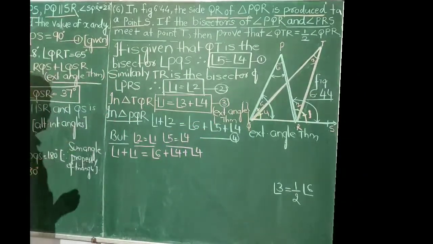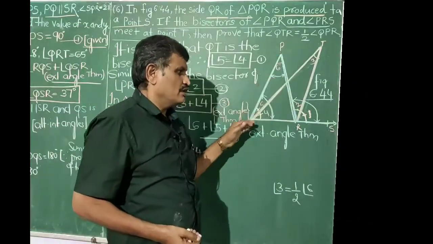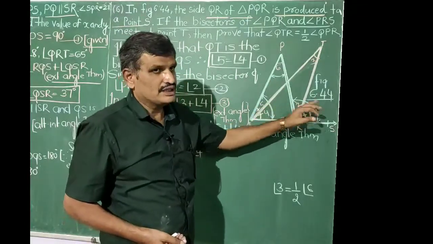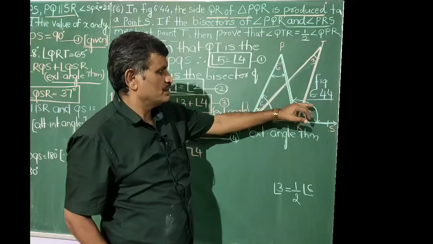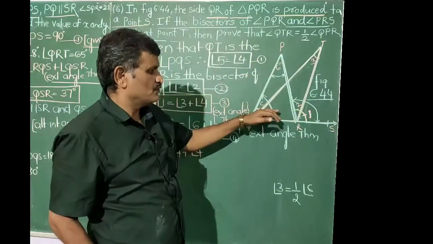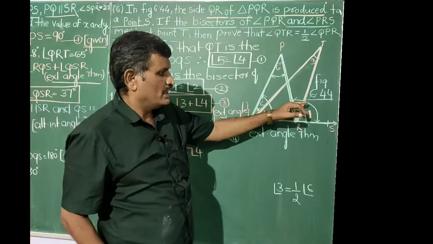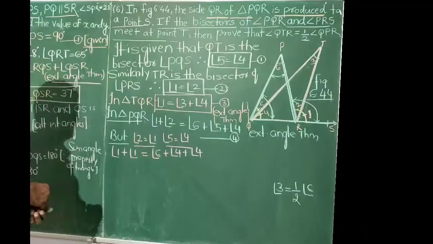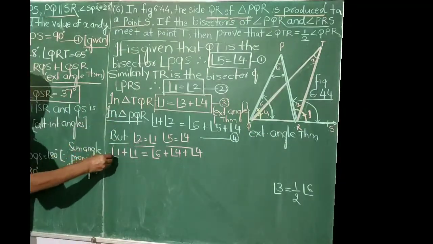I repeat my step again, children. I have taken the first triangle where I have written angle 1 is equal to angle 3 plus angle 4 by exterior angle theorem. Then I have taken the second triangle: 1 plus 2 is equal to 6 plus 5 plus 4. Now what I am writing is phi is equal to 4 and this 2 is equal to 1. Now why I am doing so? You will come to know just a little bit, 1 minute.